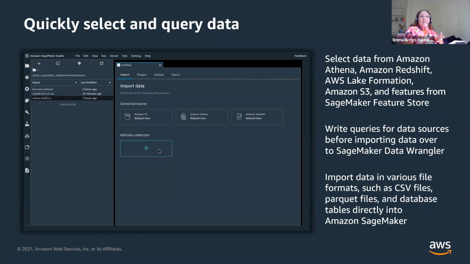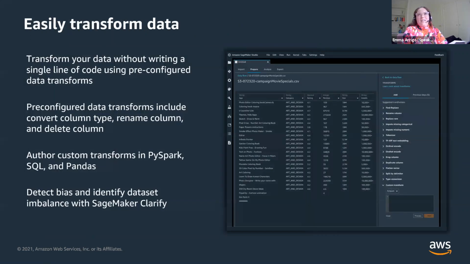So this is how you can import. You select the connected sources, or you import the data like they've done here of some CSVs. And you can also do some quick queries for the data sources before you import large amounts. So you can query and inspect the data in place to understand it from Data Wrangler. And then in the transform phase, you can get a summary of the data that you have, the values that the columns are,